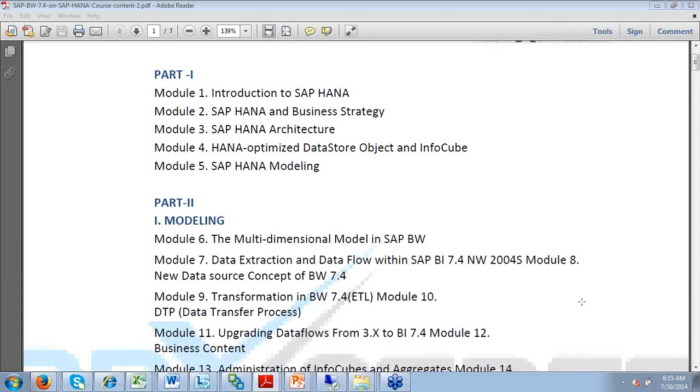All right, so here in part 2, we try to understand the modeling. So these are all the topics that we'll try to understand. This is core BW, where we're looking at multidimensional modeling. We're trying to understand how to go ahead